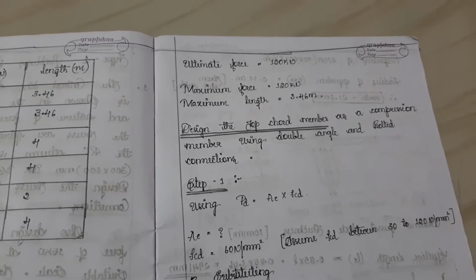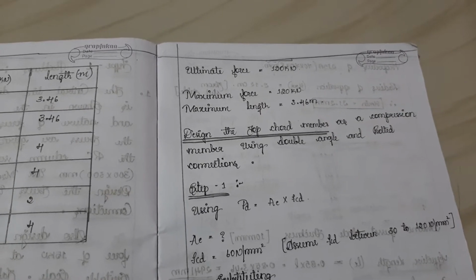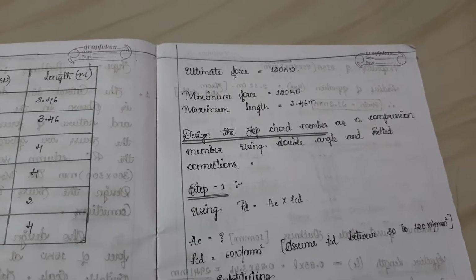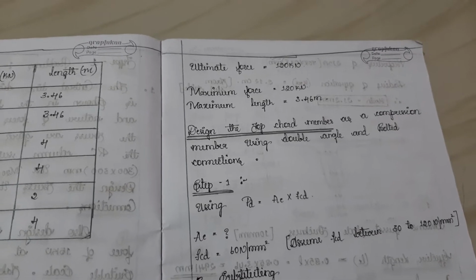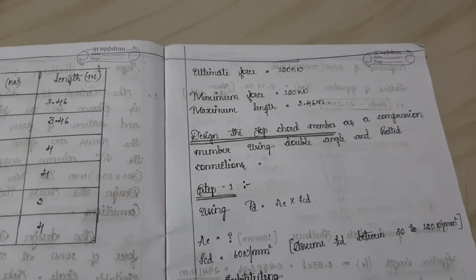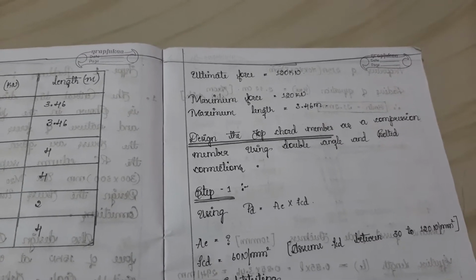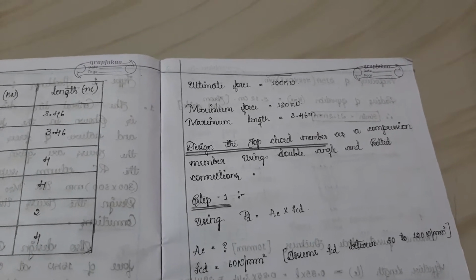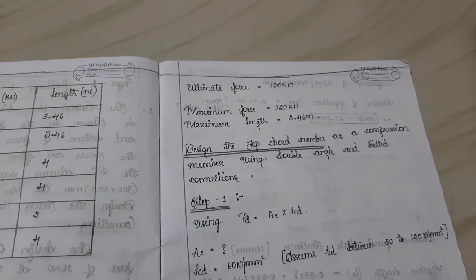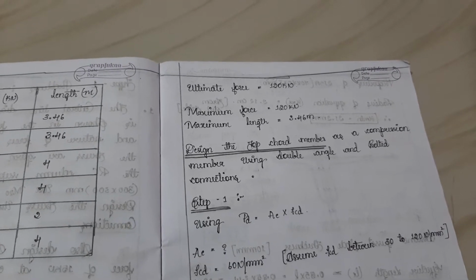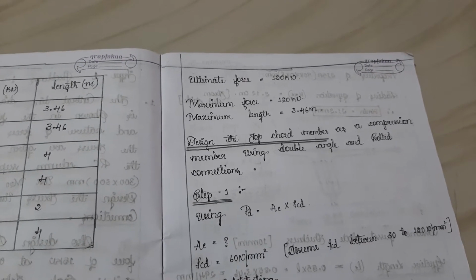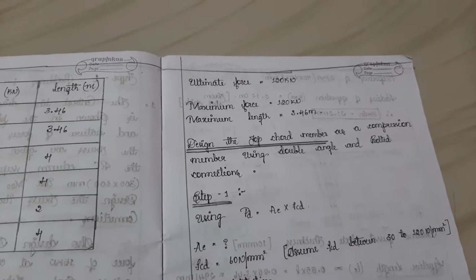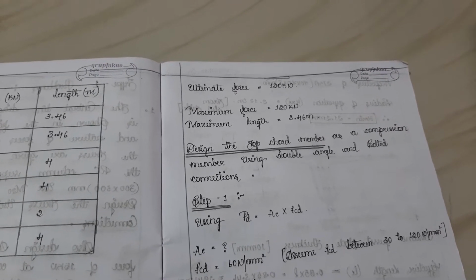As I said, the top chord member is subjected to compression because, as per the sign convention, it has a negative force. Okay, so when it has a negative force, you need to design that as a compression member, using double angle. As I have already told, for the top chord member as well as the bottom chord member, you need to use double angle, I mean 2 ISA. And also you need to do a bolted connection.